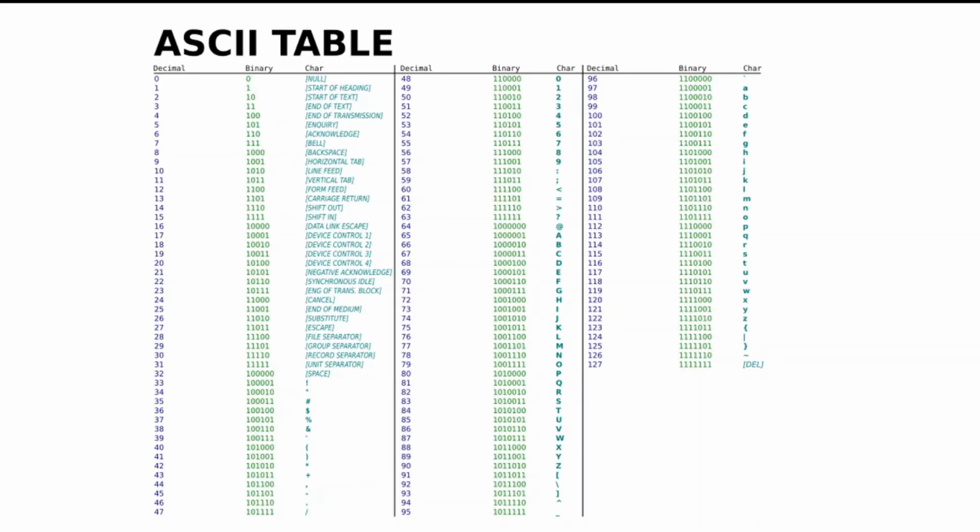To solve this problem, the IEEE organization has come up with a plan. According to their plan, each letter is assigned a unique decimal number. For example, the uppercase letter A is assigned the number 65. The lowercase letter a is assigned the number 97. Similarly, for the dollar symbol, the decimal number is 36, and for the plus symbol, 43 is the number, and so